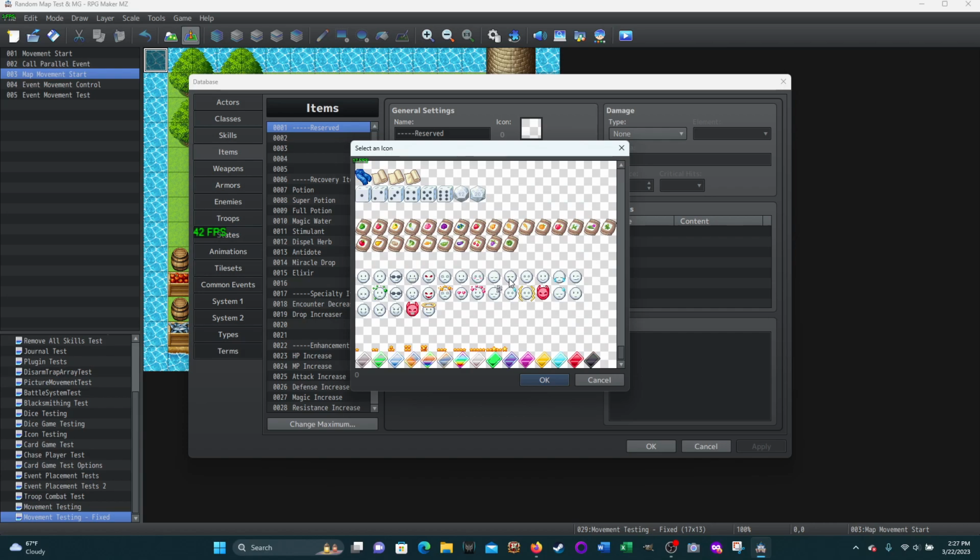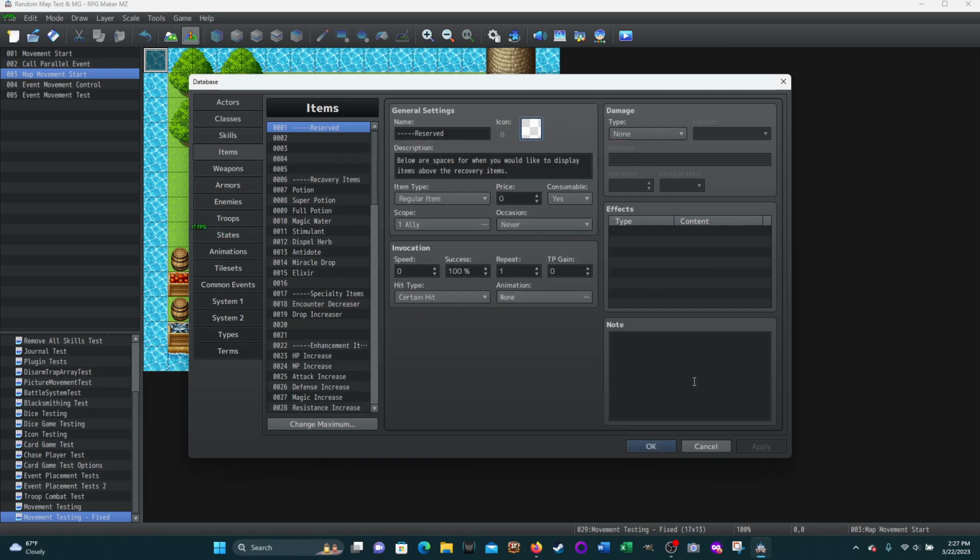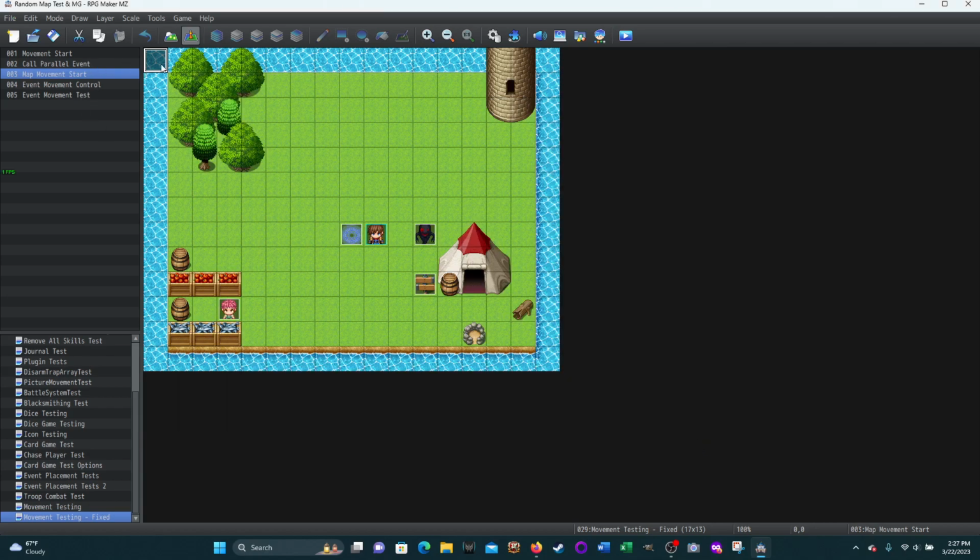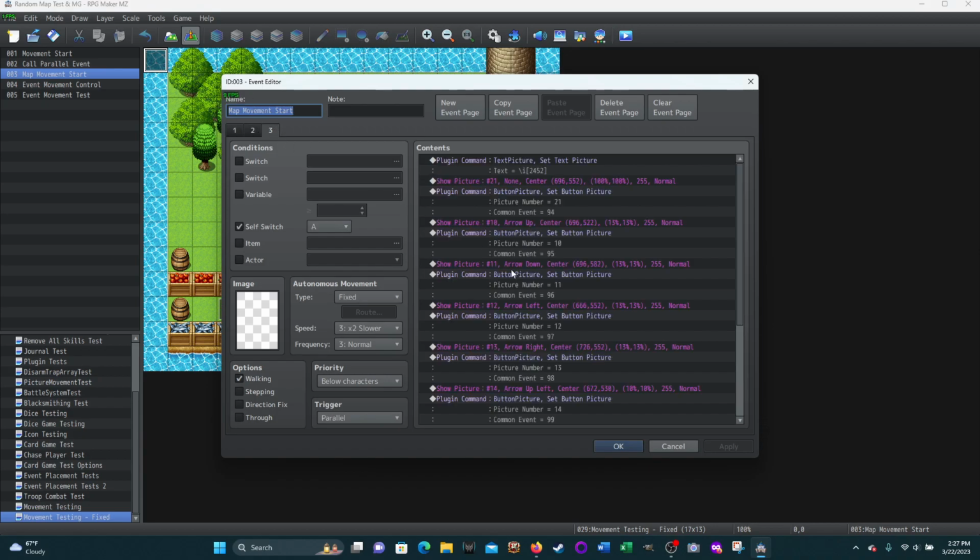There's a lot of extra options here. Okay, and we were on page 3. So this plugin command shows that icon as text, and then this show picture 21 is actually making that show up on the screen way down in the lower right corner of the screen. And then around this icon are going to be arrows. So this is the plugin command